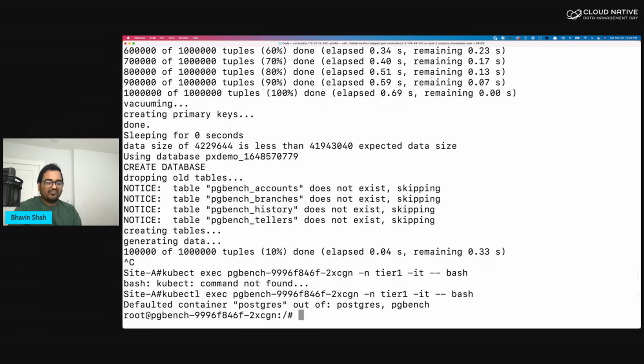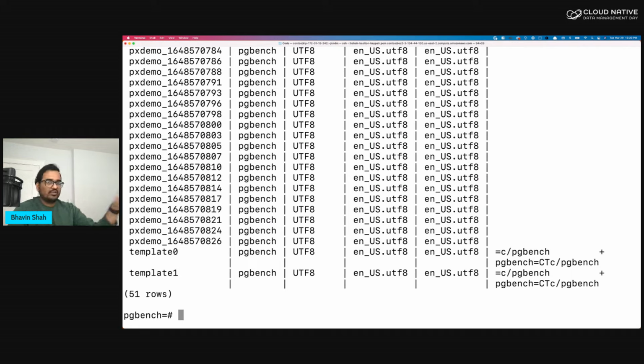Now we are in the Postgres pod. We can use the psql utility and log in as the PG bench user. Then if we just do a \l, you will see a bunch of databases being created for us. Right now we are at close to the 50 databases mark, if you ignore a couple of rows for templates. So that's what our application looks like.